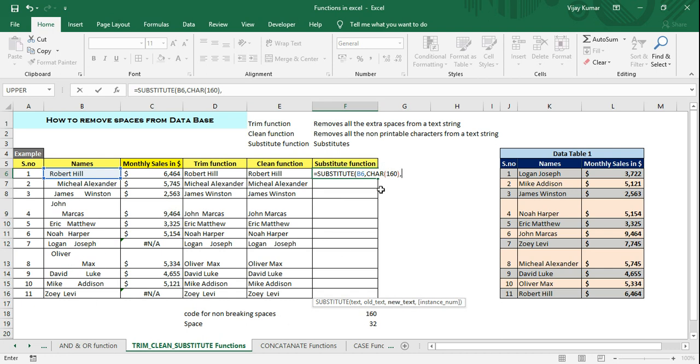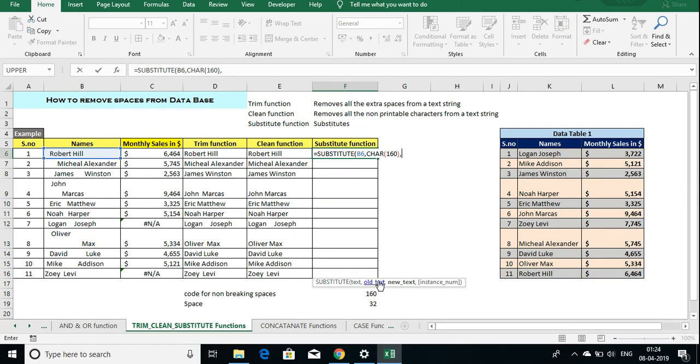I want to replace that character with the character 32. The argument after the old text is the new text that you want. In the new text, I want my character to be a single space, without the non-breaking space. And then I finish my syntax and close the parentheses.